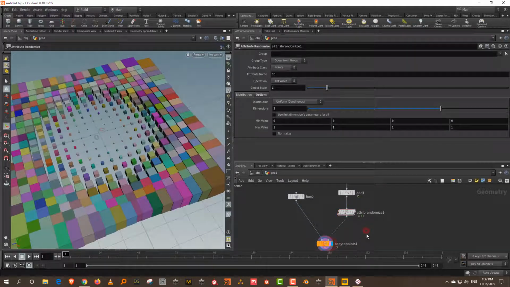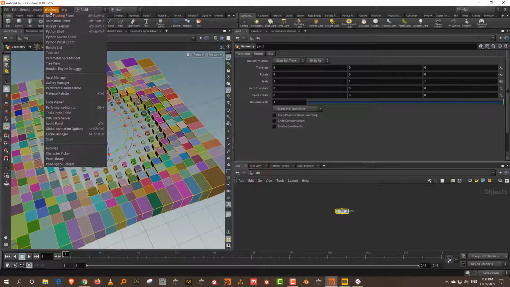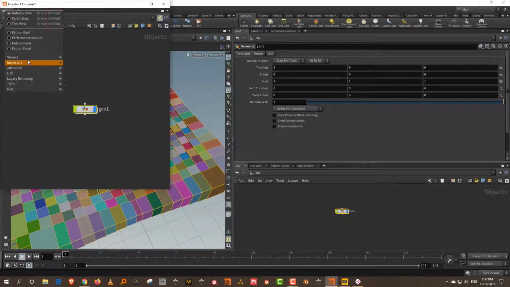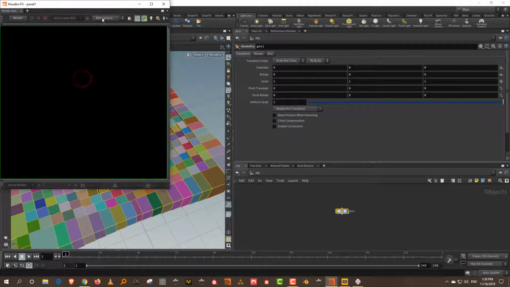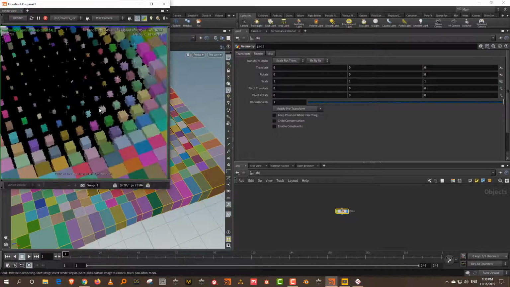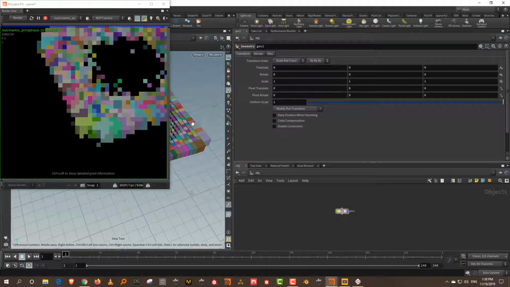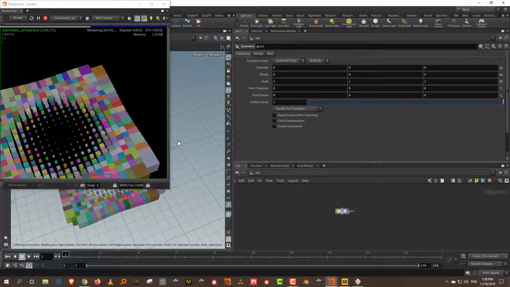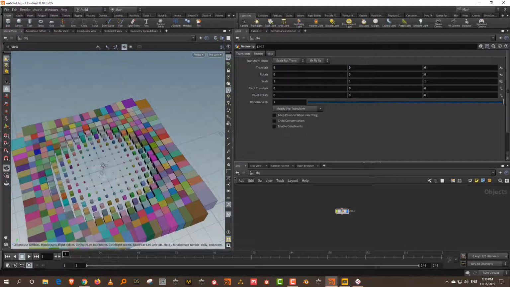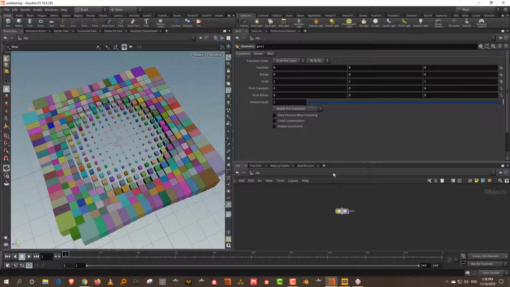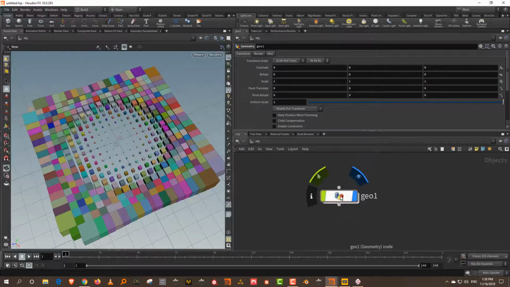And the great thing about Houdini is that if you try to render this, it'll actually render the color. So if you take a new floating panel, pick up render view and hit render. See, if I zoom out a bit, it'll automatically render those values. That is really good. So when you want to randomize, say, colors of your copies or anything like that, this is a very easy way to do it.